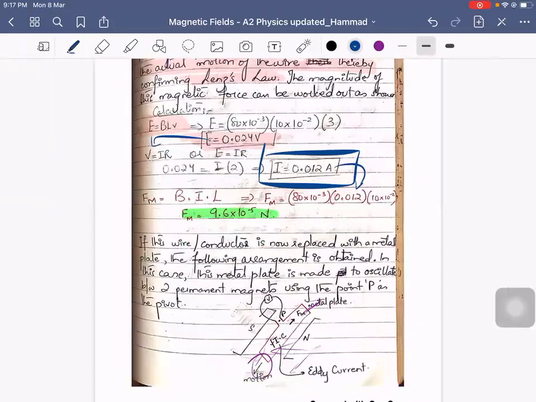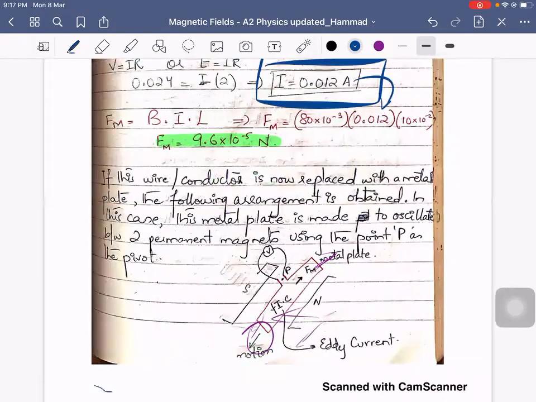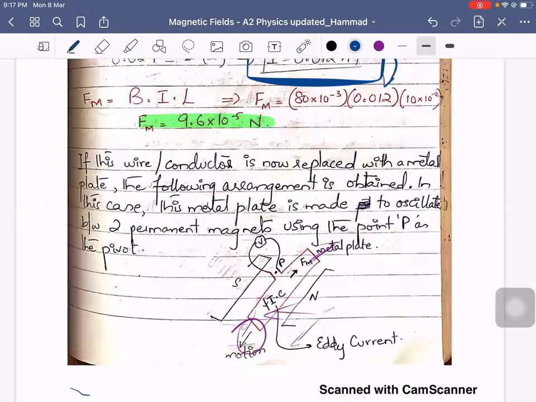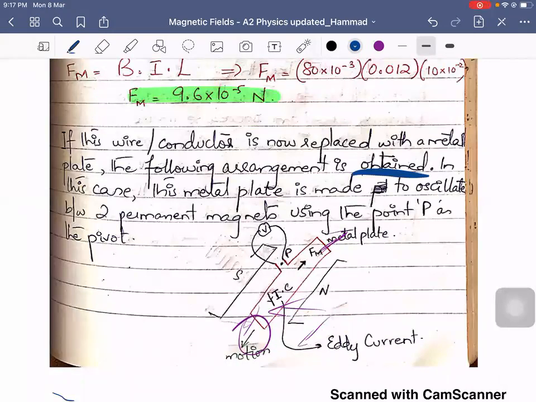Basically, if this wire conductor is now replaced with a metal plate, the following arrangement is obtained. In this case, the metal plate is made to oscillate between two permanent magnets using point P as the pivot. So you can work out the fact that in this case, right, your